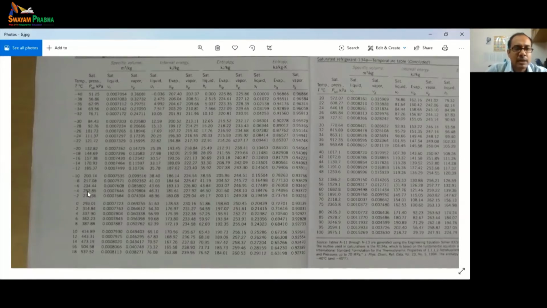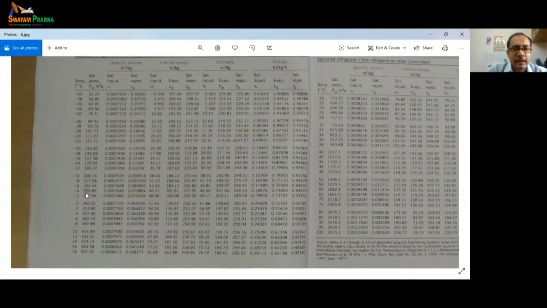Okay, but it is given that the pressure for that particular phase is higher than 252. So at this particular temperature the saturated R134A is obtained at pressure 252. If you increase the pressure, what will happen? It will go to the compressed liquid zone, right? If you increase the pressure, it cannot go to the two-phase region or the vapor region. It has to go to the compressed liquid region. So you can directly say the phase will be compressed liquid.